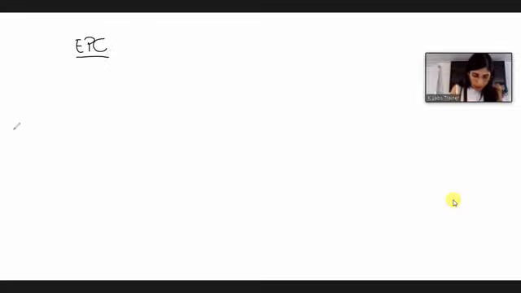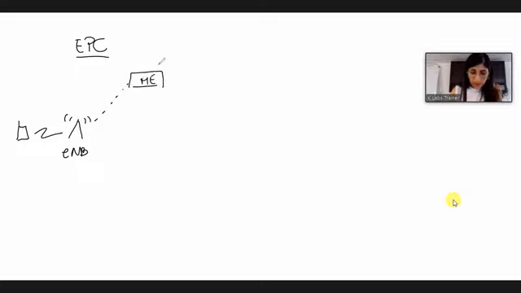We have our user equipment that communicates through the air interface with the eNodeB. Then the eNodeB exchanges control information with the MME. The MME communicates with the HSS.